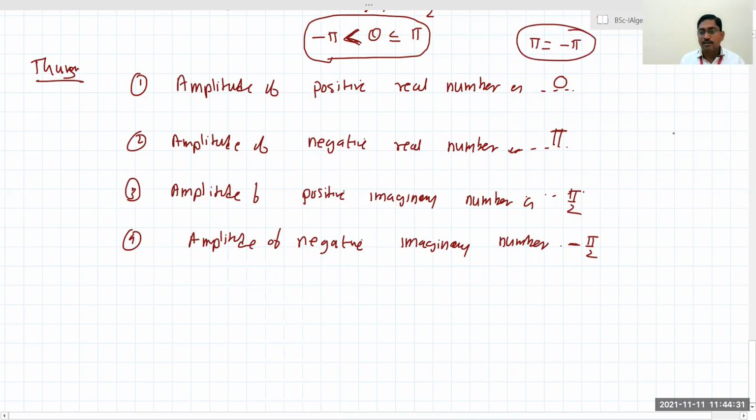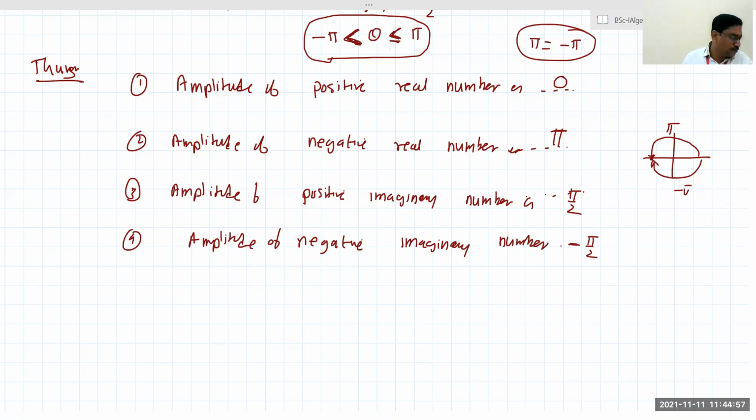How they are same? Just I will tell you. You measure in these directions, this angle will be pi. And if you measure in this direction, this angle will be minus pi. Actually, position of that point is one and the same. So pi and minus pi are same. That's why put equal to at once. So while writing instead of minus pi, you write always plus pi. Due to that principal value of theta we are going to write.